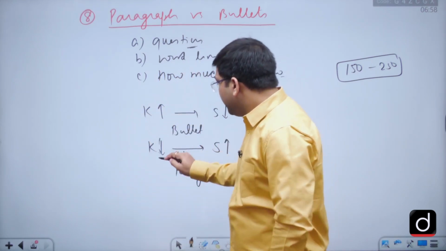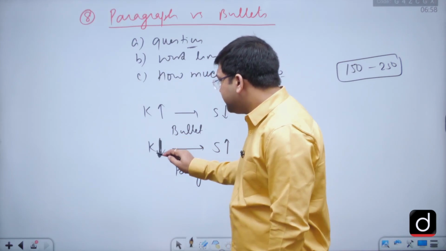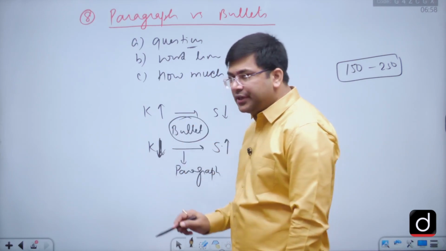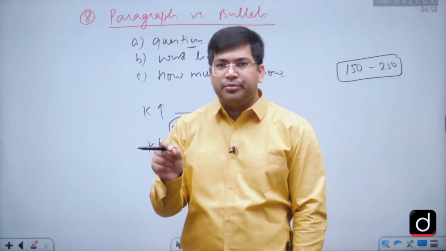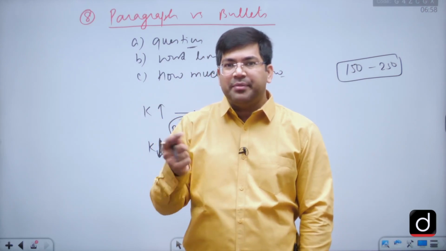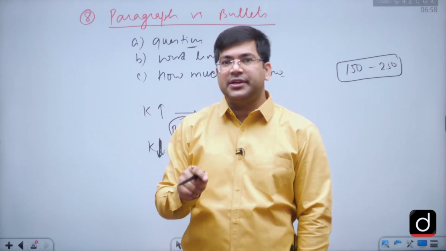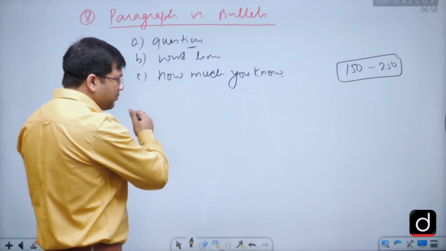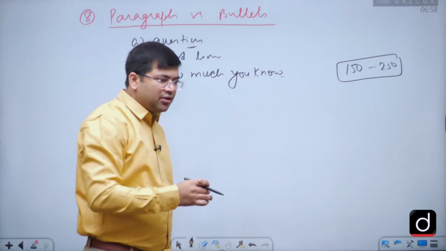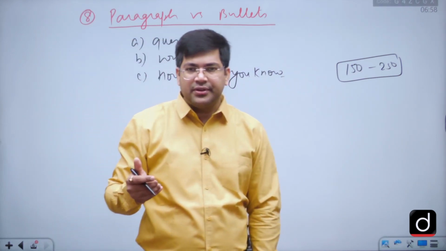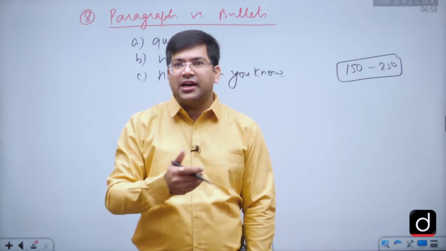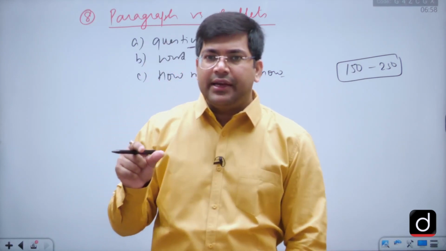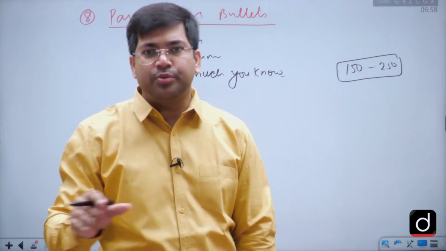Suppose you know less about a topic and it has been asked in 250 words. You start writing in bullet points, and after writing 2 or 3 points, you don't remember anything. Then repetition will occur, and this repetition will obviously harm you. Your answer should not be completely in bullet points, neither should it be in one large paragraph. Just try to make 4 or 5 line paragraphs, and in 3 or 4 paragraphs your answer should be finished.